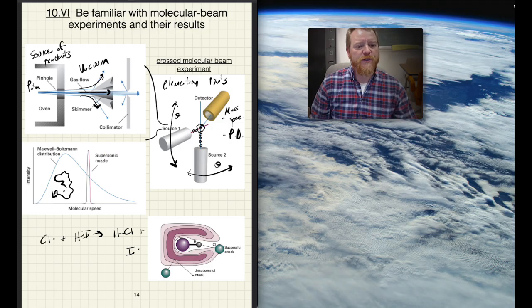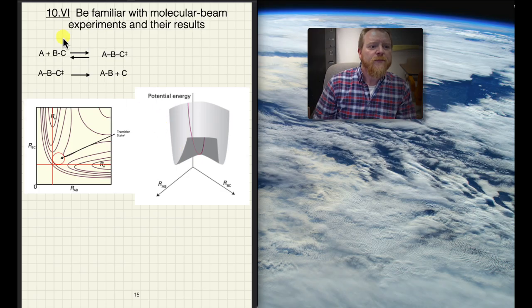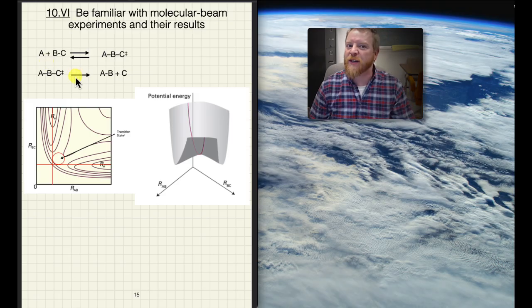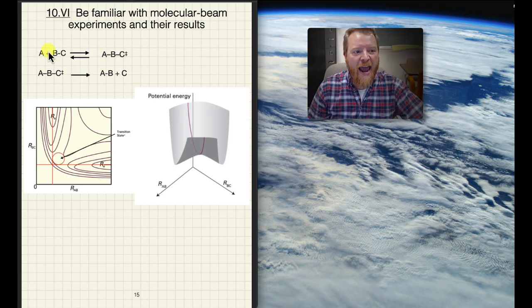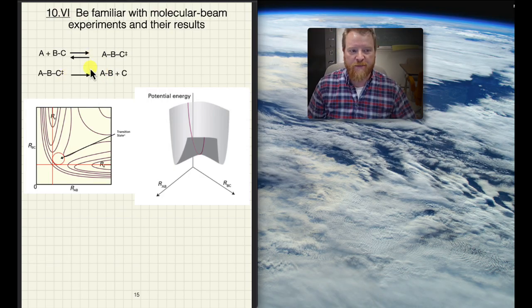The type of results that we also might see are these potential energy surfaces. This gets complicated, so let's break it down into one thing at a time. Here we're going to look at a simplified version of that reaction I just showed. An A reacting with a BC molecule that becomes this transition state, ABC. And that transition state can either kick back out to reactants or can kick back out to products. So that's basically a generic version of the reaction I showed.